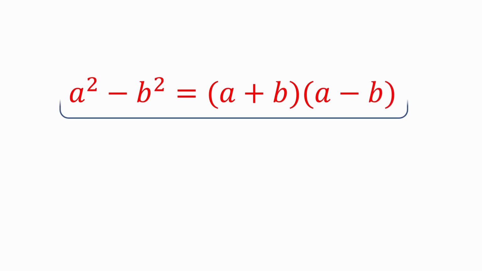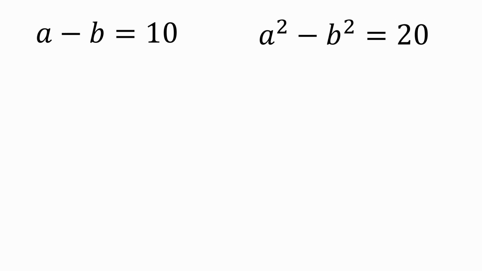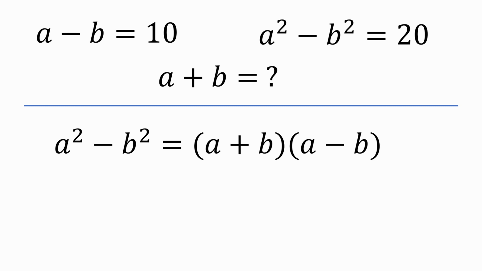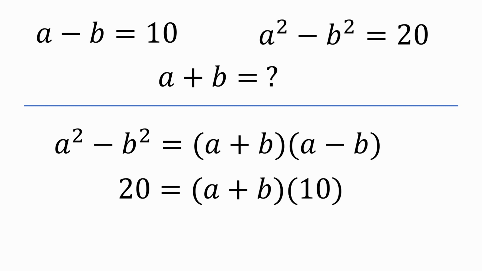Next up is the difference of two squares formula. Suppose a minus b is 10, and a squared minus b squared is 20, and they ask you for a plus b. Just use the difference of two squares formula. Replace the a squared minus b squared side of the formula with 20, and a minus b with 10, since both those values were given. Then just divide both sides by 10 to solve for a plus b, and bam, there's your answer,